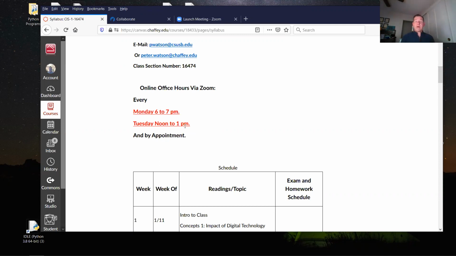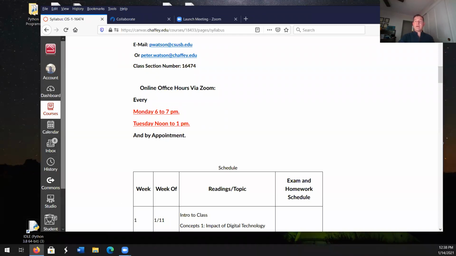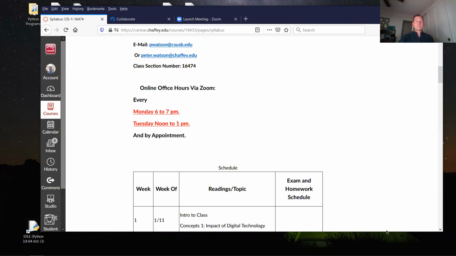Secondly, if you can't make these office hours and you want to talk to me, or you have an issue with an assignment, please let me know. Send me an email or use the inbox here in Canvas. That's a good way because I will see that every time I log into the Canvas page, which is multiple times a week. I will reply to your emails in 24, 48 hours, somewhere in there. I'm not that great on the weekends, so just know that I do have time off. I never have time off. I'm always doing something. But anyway,